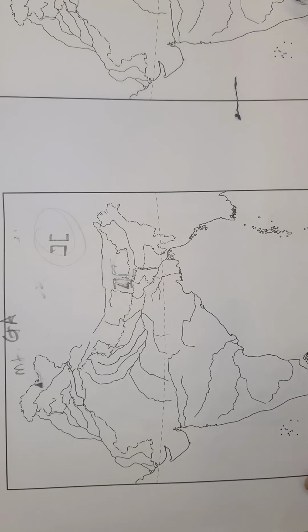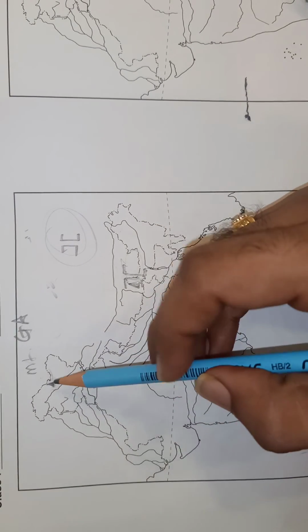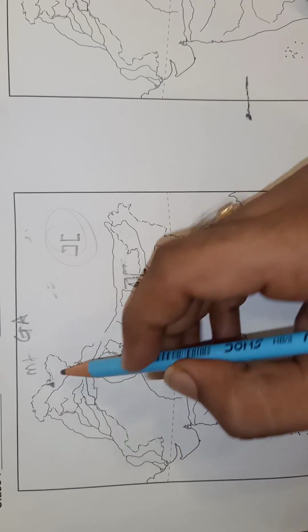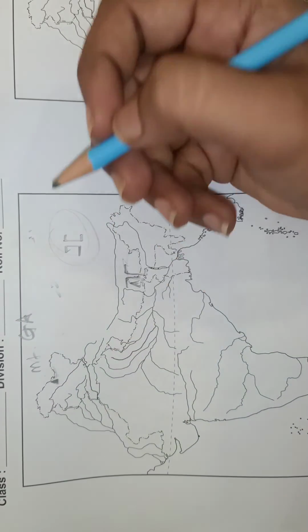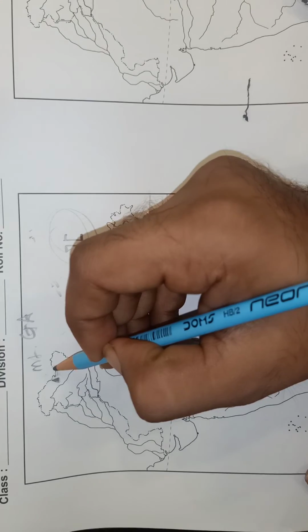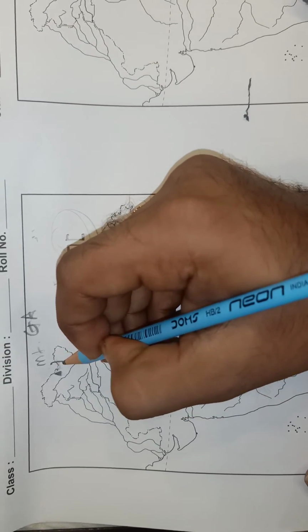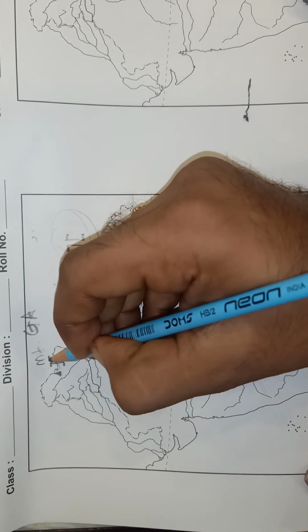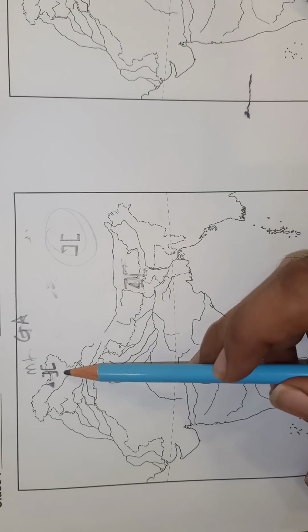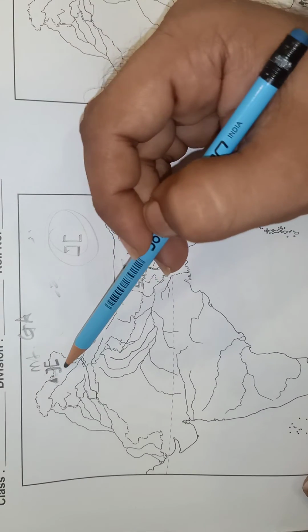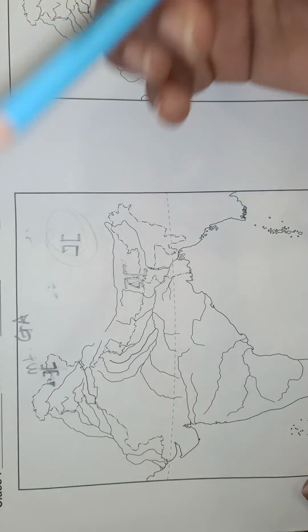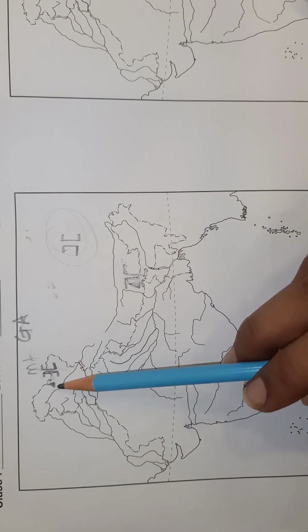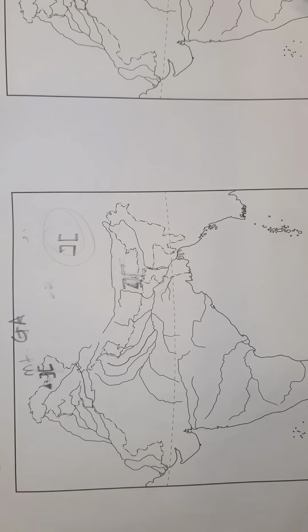The next pass is the, I showed the curve over here. On the left hand side was Mount Goodwin Austen. On the right hand side is the Karakoram Pass. Just on the right hand side there is the Karakoram Pass over here, from where we can enter into China. So there's a road over here, there's a pass over here. So 4 things we have done. These are the 4 things.